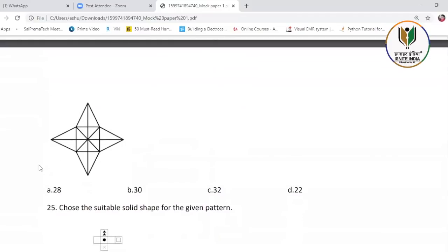So you have to calculate the number of triangles in this, as we did in the previous problem, a similar problem. There are 8 sections here. So it will be 8 into 2, 16. Okay. 16 triangles in this square alone. And there are 3 here, 1, 2 and 3. And there are 4 such sections. So it will be 12. 16 plus 12 is 28. So A is the answer. Okay.